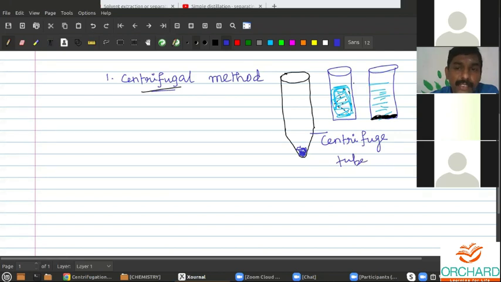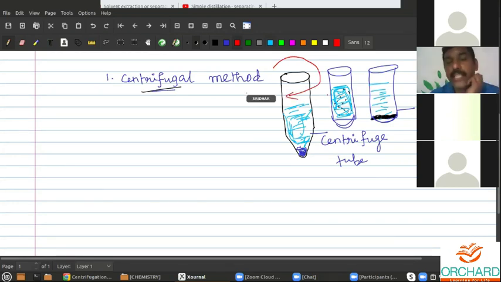This is the shape of a normal test tube. So this is called a centrifuge tube. You have some liquid and solid which is not dissolved in the solution. Therefore, you have to rotate this. I will show you the video, then you can understand better. So you have to use a centrifuge tube to separate undissolved, or insoluble, solid from liquid. That is one method. And the second method is called solvent extraction.